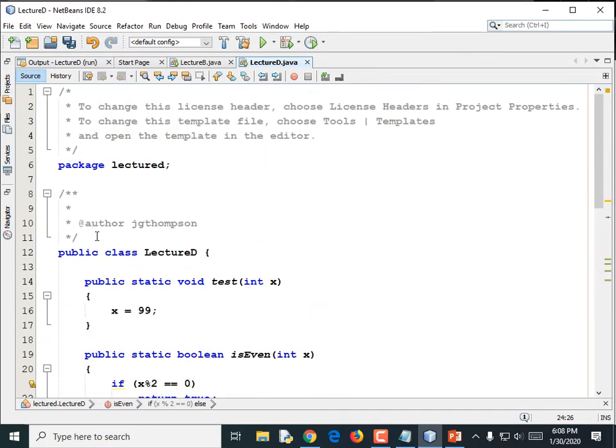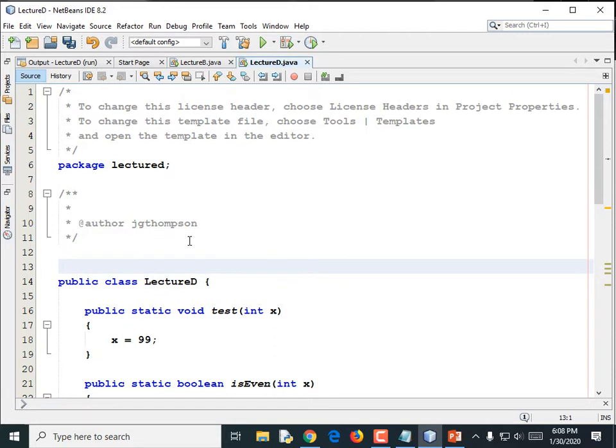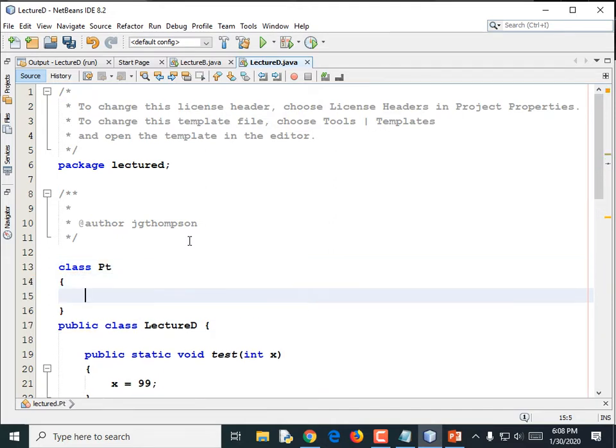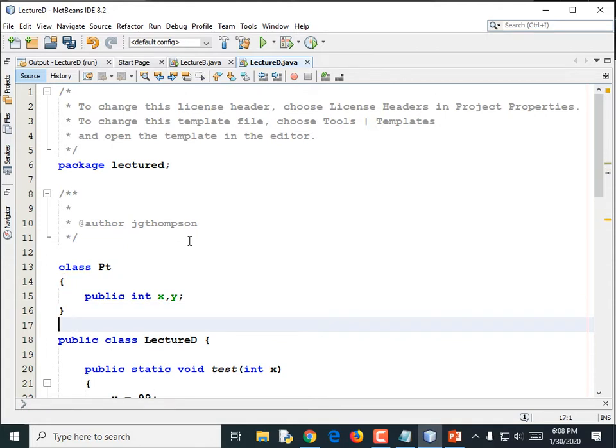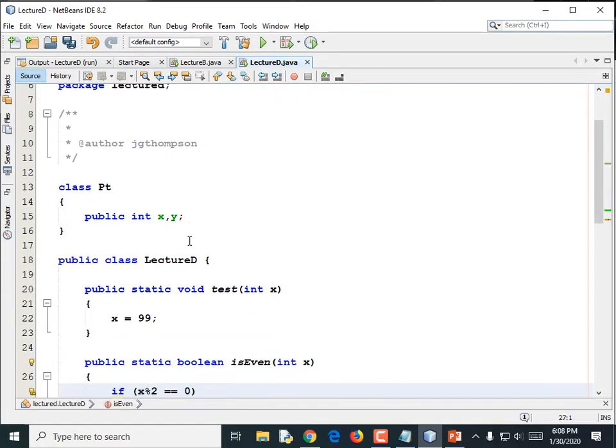So if we came up here and created just a silly, dummy little class, let's go back to using point, PT for point. And it's going to have an X and a Y value. Public int X comma Y, semicolon. So down here in main,